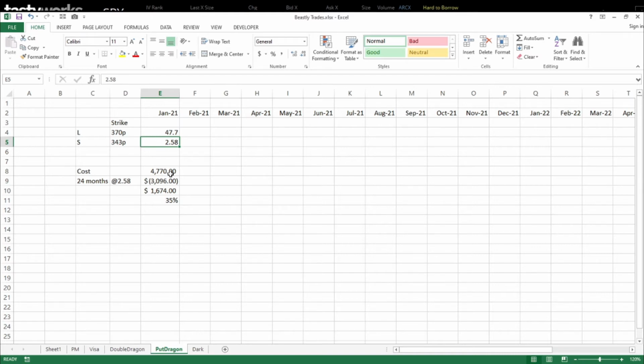So let's just say the cost is about 4,070, and if you follow the Tastytrade mechanics, I'm going to collect roughly half of the original credit. So that's why I did $129 times 24 months, and I could potentially reduce the cost down to 1,674, assuming prices are in that same ballpark, where a one standard deviation short put will bring in 258 originally,